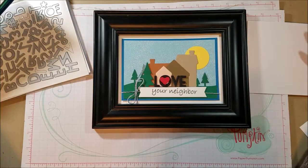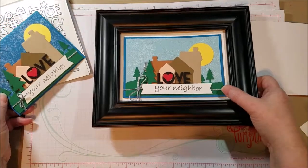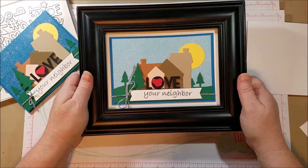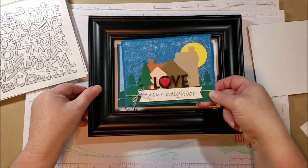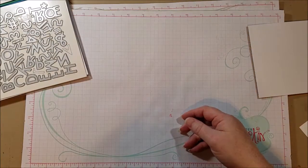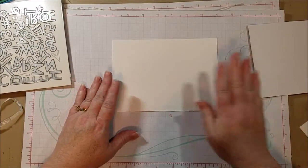And then as far as making this project, it's really quite simple. So I thought we'd make it together. I've already framed one, but I thought I'd make an extra one and I can give it to somebody. So I am going to do this size again. And then here, this one is the same, it's just smaller. All right, so what I used is a 5x7, because my frame holds 5x7,